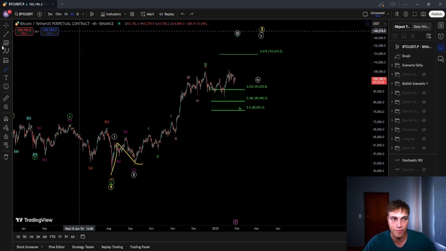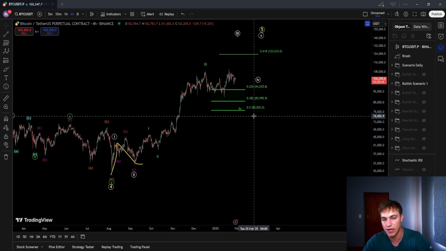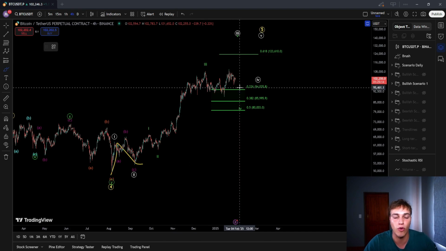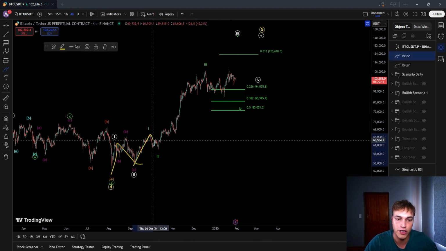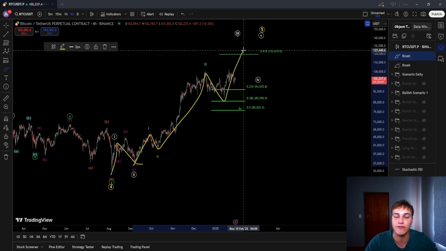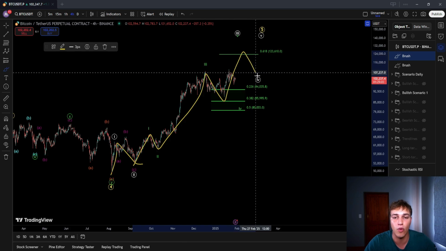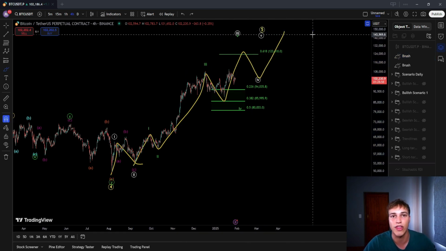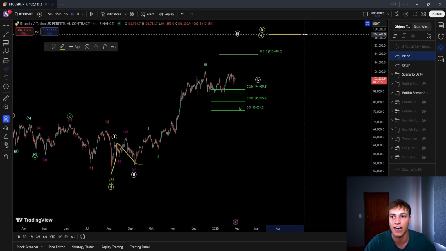in green. We can actually remove this pink one here, and we now have a 5-wave structure we are looking for in green. A 1, 2, 3, followed by a 4 and a 5 to complete that white wave 3, followed by another wave 4 in white, and then a 5, possibly taking us to the all-time high, to that bull market high at around